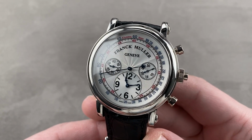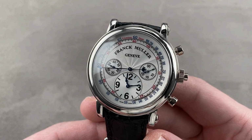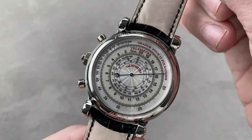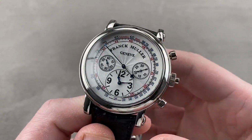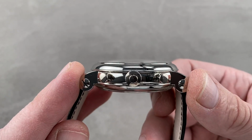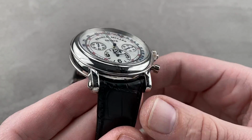Today, from the classic round collection, we have the Franck Muller double face, and it is quite literally that, as the timepiece includes two functional dials, one on each of its sides. 43 millimeters in stainless steel, the watch is 14.8 millimeters thick and 51.1 lug-to-lug, with a 22 millimeter spacing between